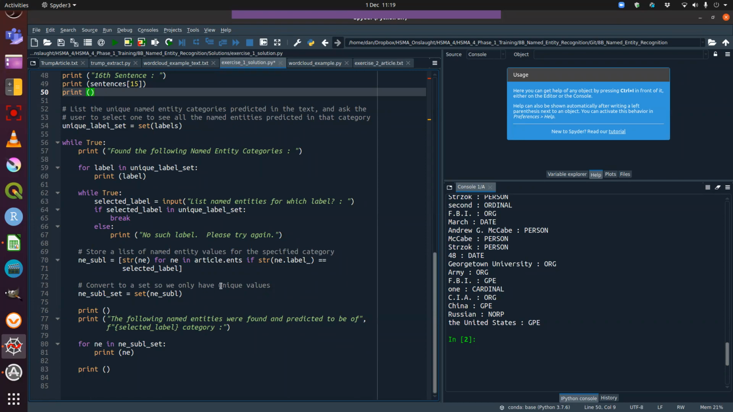Once I've done that, I can then convert that to a set, so we've only got unique values, because that'll have every individual occurrence of that named entity. So again, I can just cast it as a set, and I've stored that as a set called any sub list set. And then I can just print each item in that sublist. So if I run that,